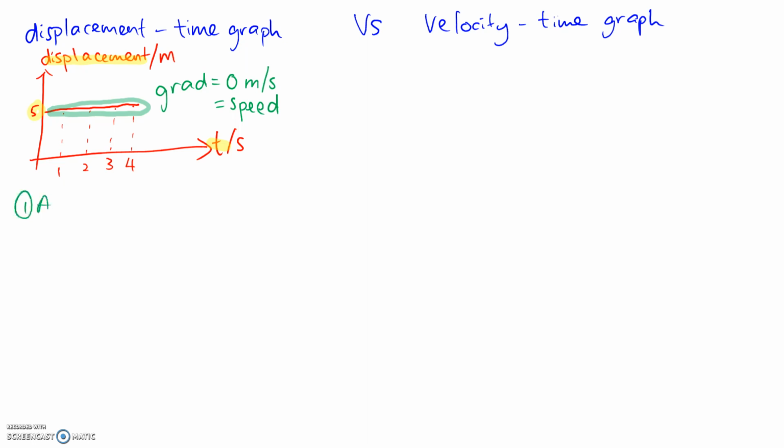The first thing you always look at is the axis. The second thing to look at is the coordinate values. And the last thing you must look at is definitely the gradient. Each one of these will tell you some form of a story or meaning behind it. So if I have another graph, again a displacement time graph,